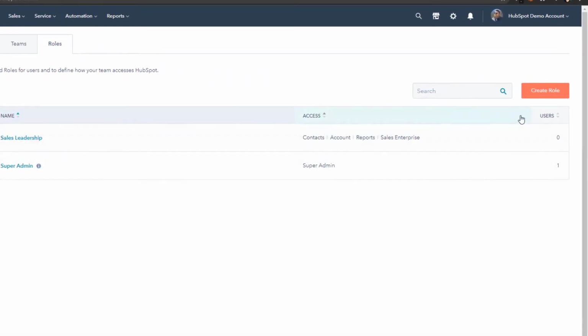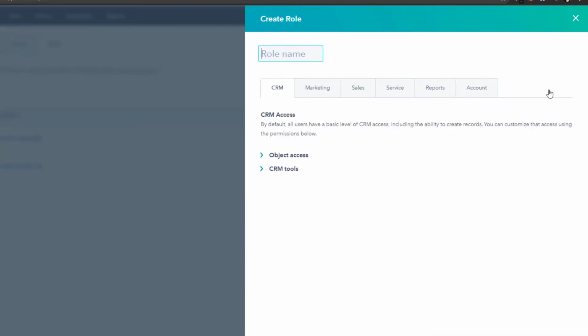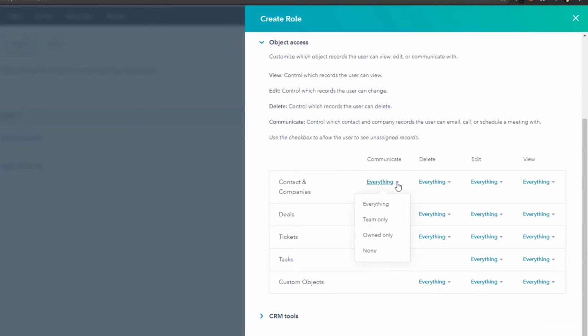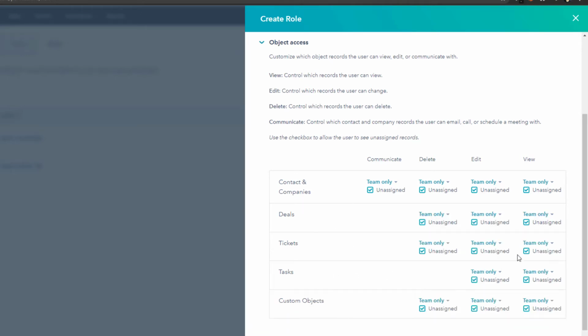So moving on, we're going to go ahead with the second tier of roles. We're going to go ahead and create a role. This role is going to be the sales manager. So we'll go ahead and make it sales manager. Again, here, what we really lean into on the object access is instead of everything, it's their team only. And so we'll go ahead and do team only here on all of these. And we'll speed up time to save time in your day. Now, again, this is what we're suggesting, but you can do whatever you want as far as the access to team only or to everything when it comes to your sales manager. Use your best decision-making ability for your team and your needs.